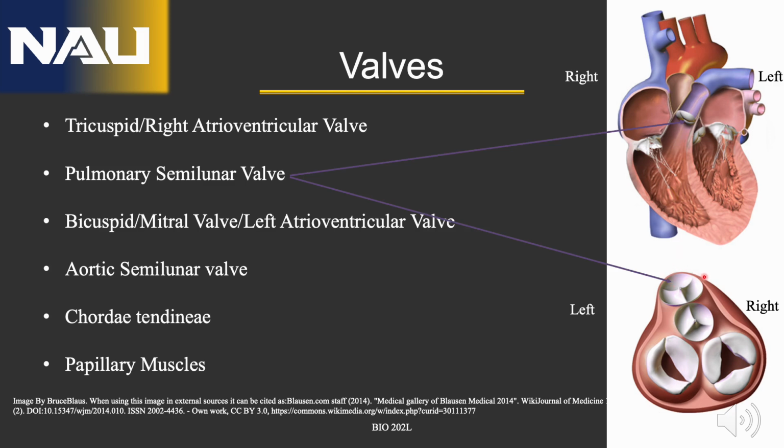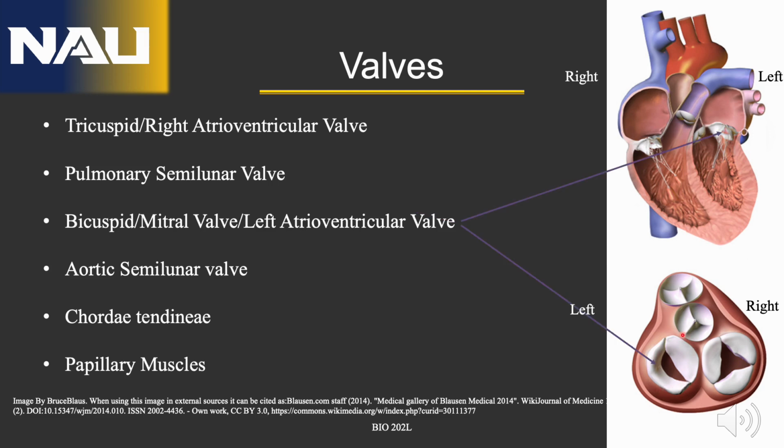The pulmonary semilunar valve, we have the word pulmonary, which means it's going to the lungs. Semilunar refers to these cusps, which are shaped kind of like a crescent moon. So these are called leaflets, and these are called cusps. This is where the blood heads to the lungs, and then it'll actually come back through the bicuspid, or the